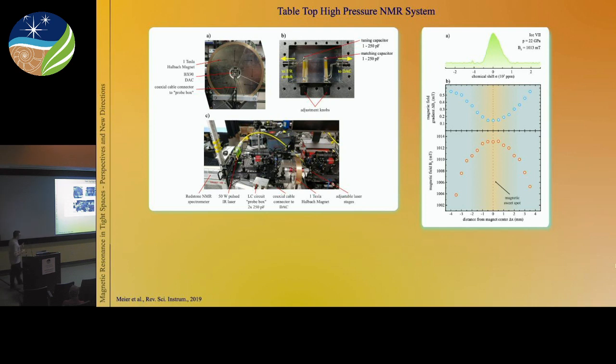So, the first thing when you have something like that is, of course, you need to figure out how inhomogeneous your B0 field is. Because you can imagine, if the magnet is only 4 centimeters high, if there is a sweet spot, it will be very small. And in order to see that, we prepared a cell with iodine at approximately 20 to 25 GPa, and basically just shifted the cell along the main axis from here to here. And we basically found a sweet spot of approximately 1 to 2 millimeters, which is,